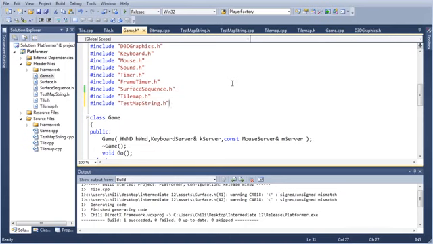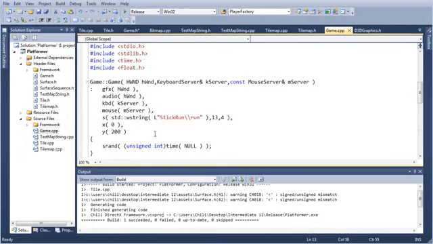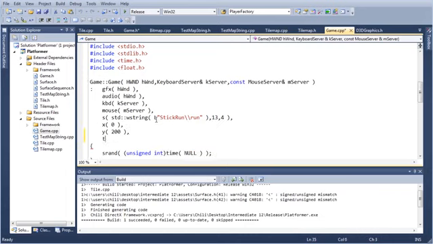That's a good one. Now we have our tile map. We want to create it here. Test map.